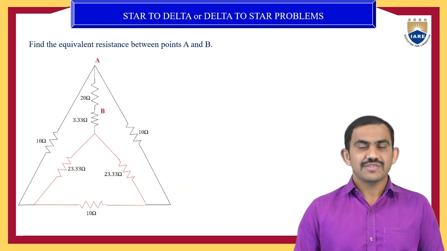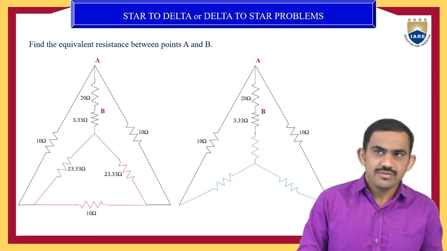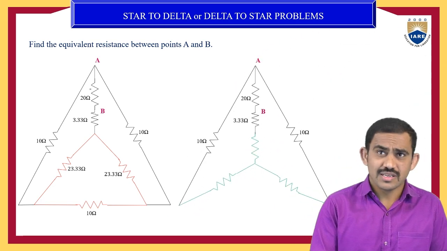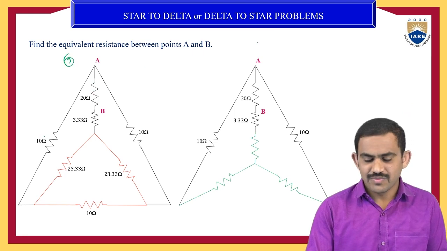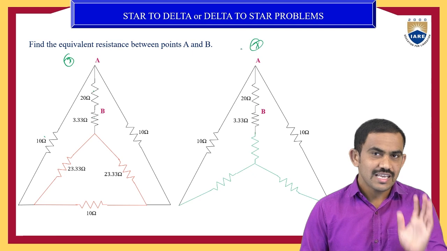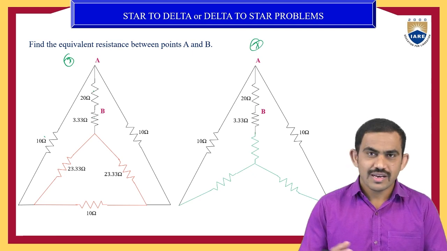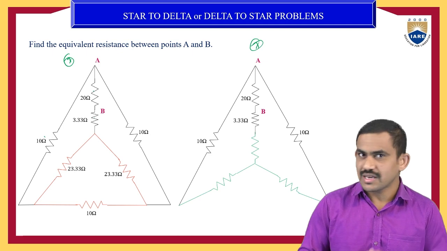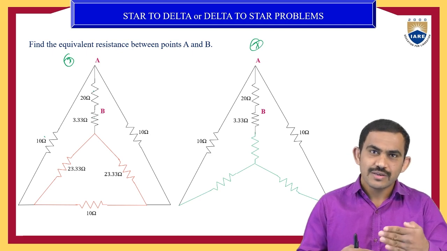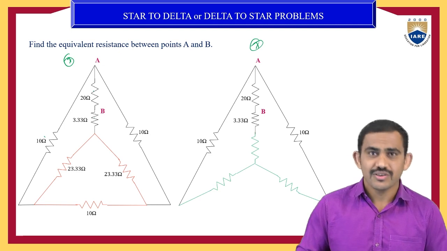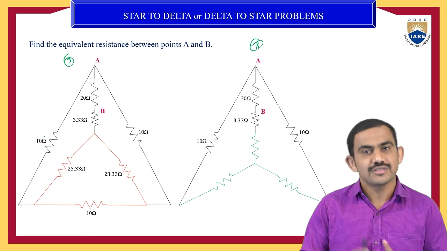Now this is the circuit which we have with the delta connections. Now I converted to star. Delta to star. Again, check how many resistors we have: 1, 2, 3, 4, 5, 6, 7 we have here. Same 7 we have. So you are converting the same delta 3 resistors to one more star 3 resistors. We are not reducing, we are converting delta to star. When you are using the series and parallel technique, we are reducing your resistors. But here we are not reducing your resistors, we are converting those values. So we have the delta values converted to star.